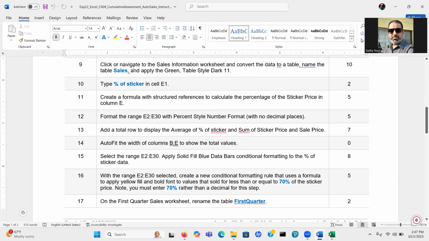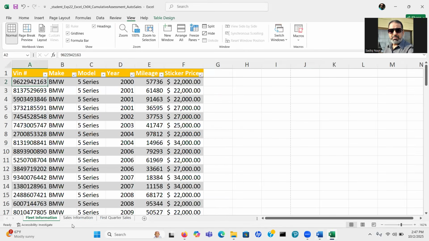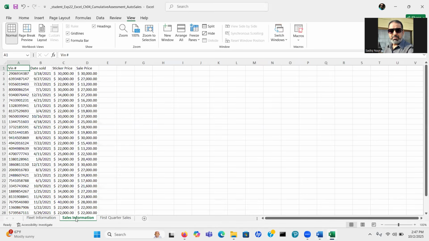Now we need to switch to the second worksheet named Sales Information, and we have to convert the data to a table as we did in the previous step, and we have to name it Sales, and then apply the Green Table Style Dark 11. So first we need to switch to the sales worksheet. As you see, it's just data now. So I will zoom in.